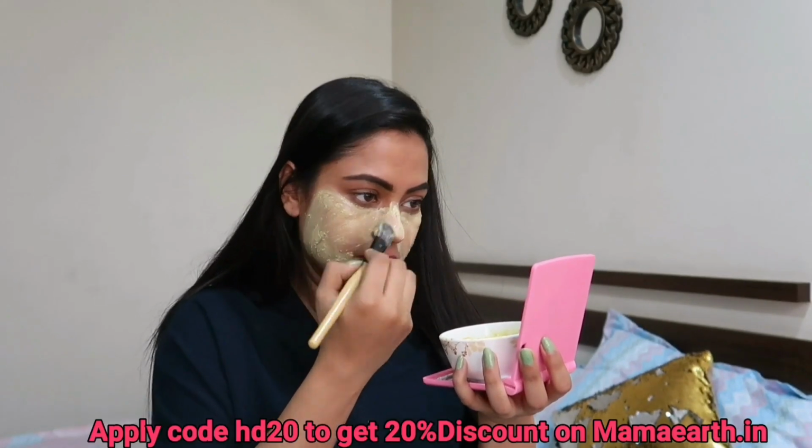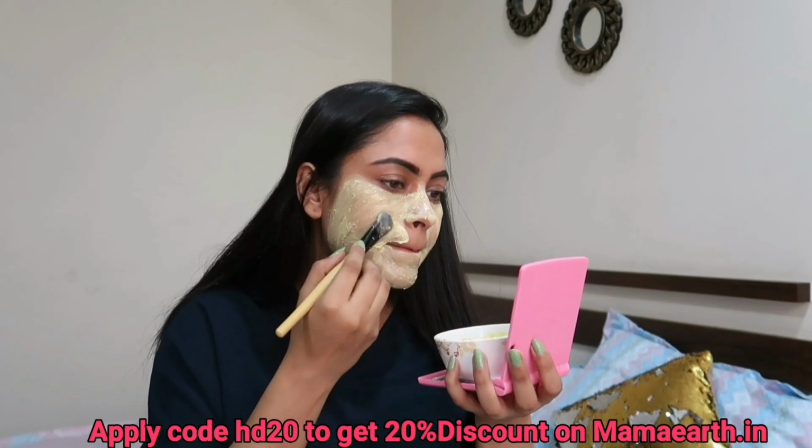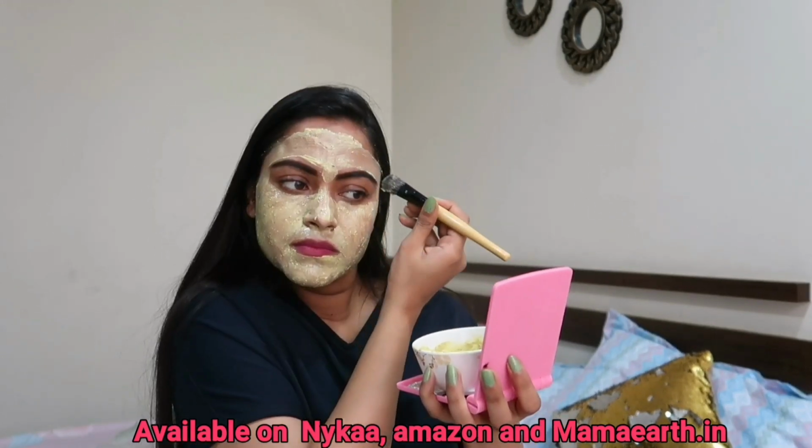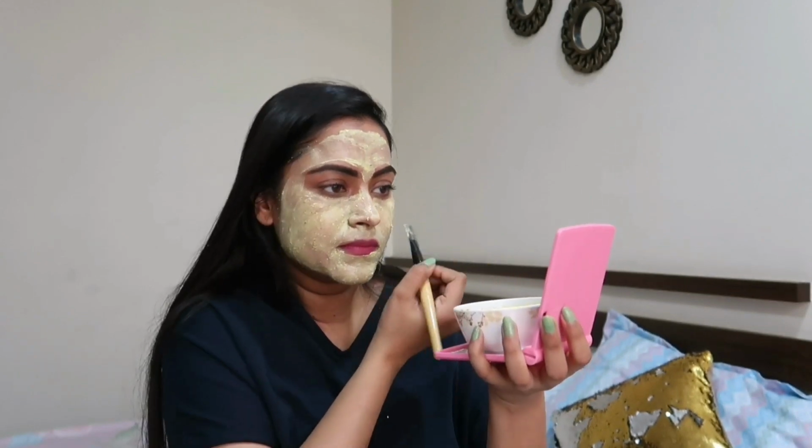Mamaearth is plastic positive. They recycle more plastic than they use, which I really appreciate about this brand. And the key ingredients of this pack, that is saffron, turmeric and apricot oil, are proven to work wonders for your skin. Now when the application is done, let it dry for 20 to 30 minutes,